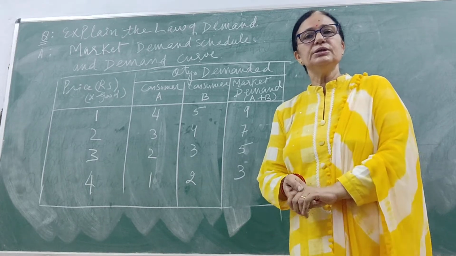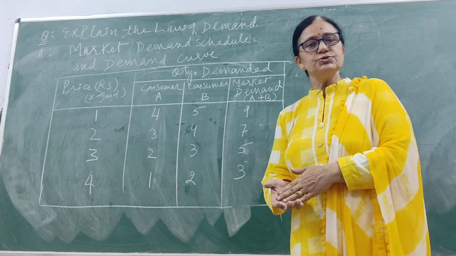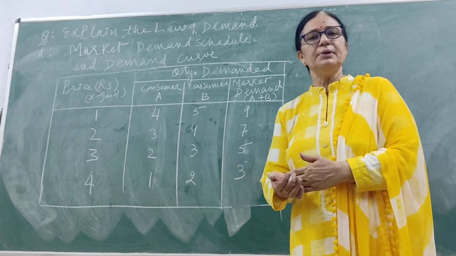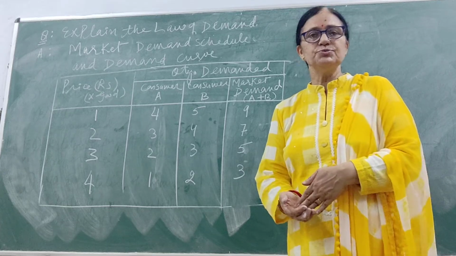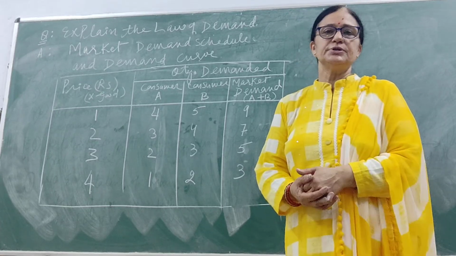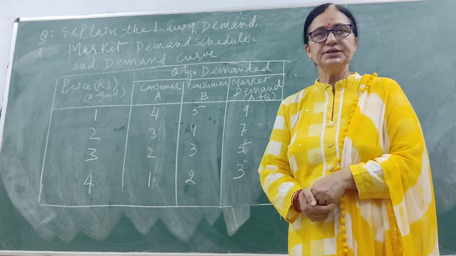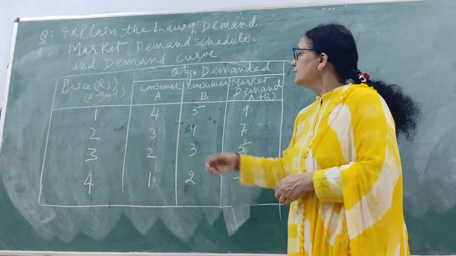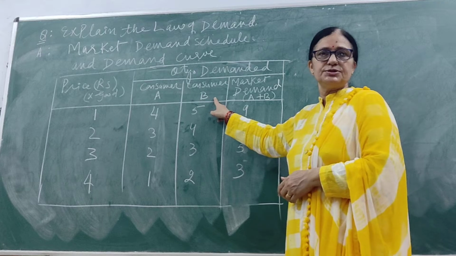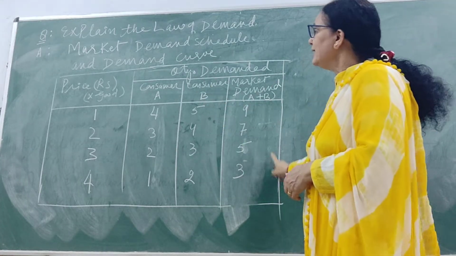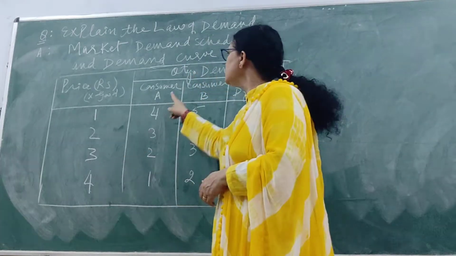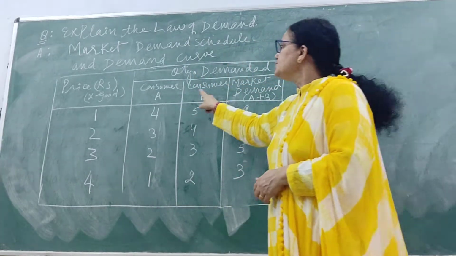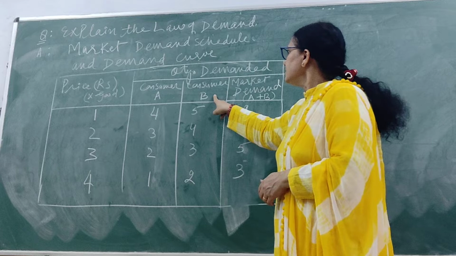जितने भी मार्केट में 10 कंज्यूमर्स हैं तो 10 कंज्यूमर्स की डिफरेंट प्राइसेस पर जो डिमांड है उसको हम ऐड अप कर लेंगे. अगर 100 है कंज्यूमर्स तो 100 कंज्यूमर्स की डिमांड को हम ऐड अप करते चले जाएंगे. Now to simplify it, we assume that there are only 2 consumers in the market. Just look at this table, at this schedule. Here this is the price of X naught. We have taken 2 consumers only, consumer A and consumer B.